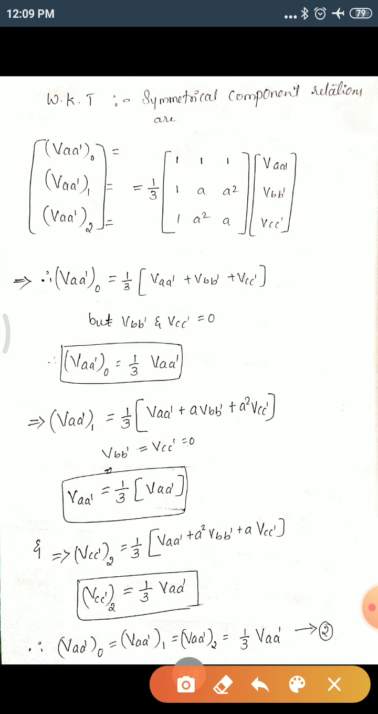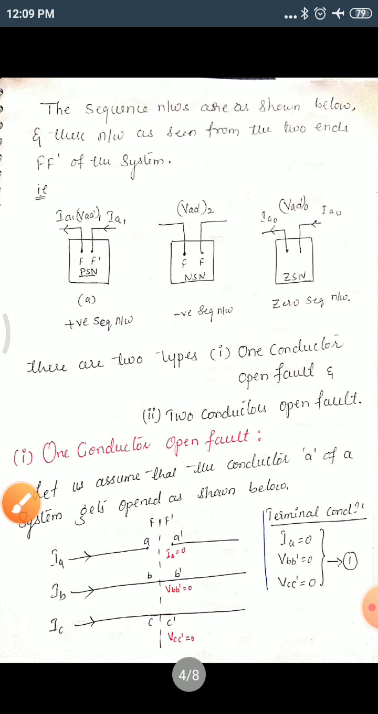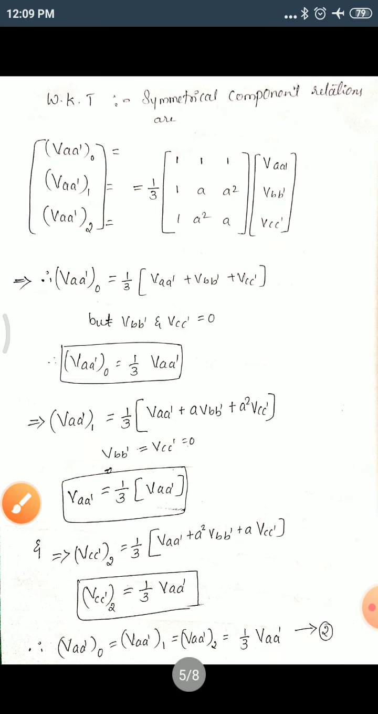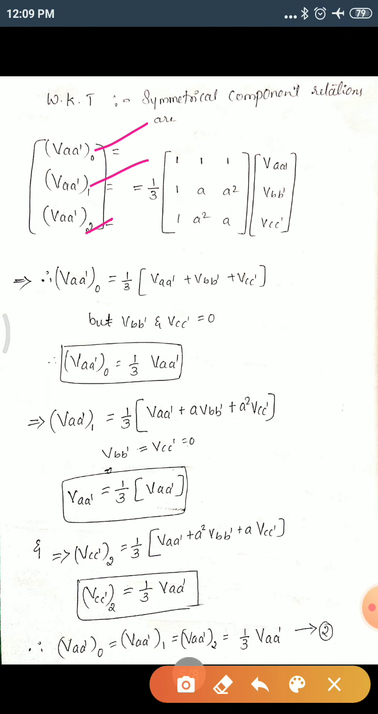Next, we need to express, as we know here, just observe once. Current is 0 in this first conductor, but voltage is present, VAA dash voltage is present. So this voltage we need to express in terms of symmetrical components. Let's express that: V dash of 0 1 2, the zero sequence, positive sequence and negative sequence, will be equal to, in terms of your phase voltages,